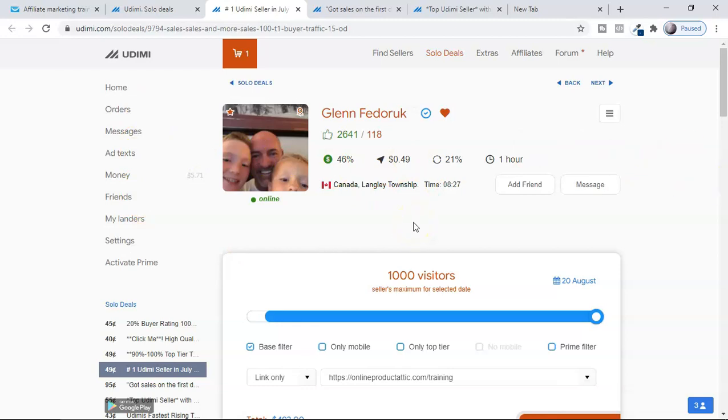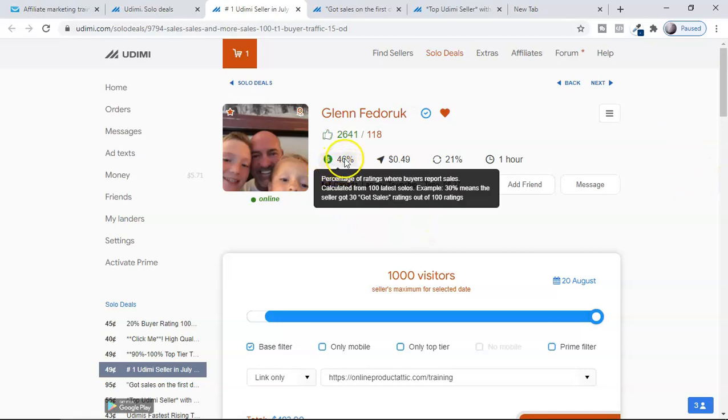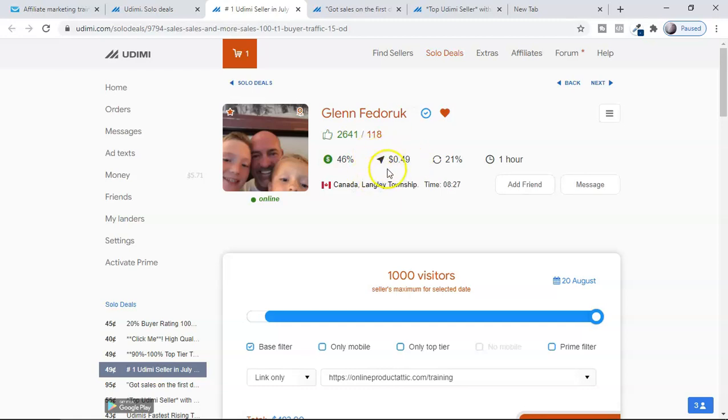Very important thing, guys, pay attention here, and that is this 46%. That says, guys, of 100 people who go to him with their landing page, 46% of the people, that means 46 people, are getting results. Getting the sales as well as the leads. I'm going to show you in a second how to get the leads, but 46% of people are getting the sales, and for each click or each landing page view, he's charging 49 cent. That is what this metric is all about.